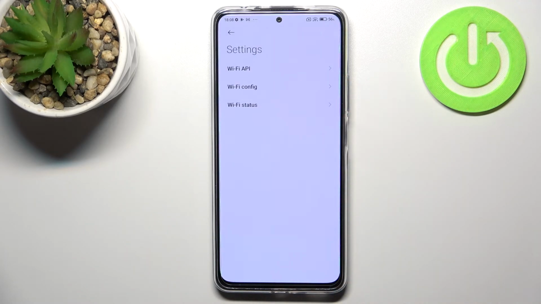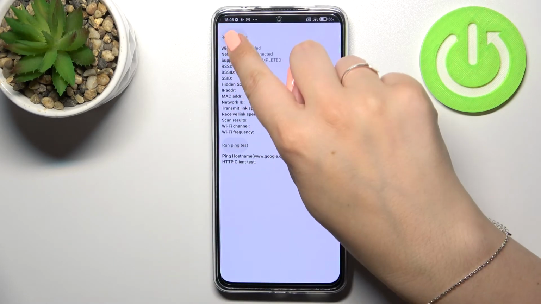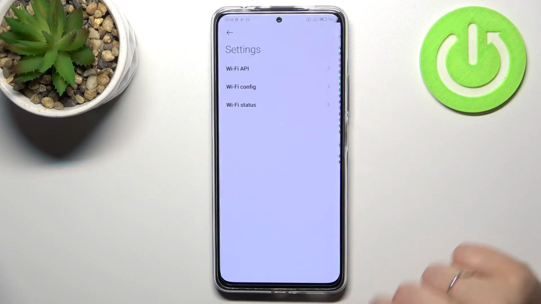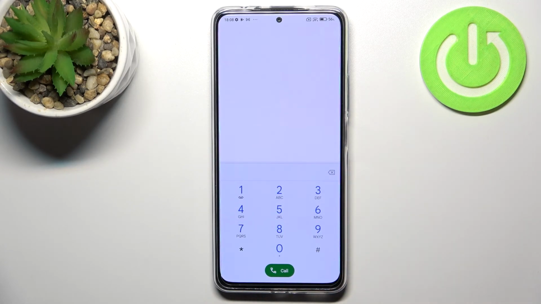So let's enter the Wi-Fi info. Here we can check the API configuration or the status of it. So let's, for example, enter the status. Let's refresh the stats, and as you can see here, we can check the network state, SSID, or network ID. What's more, we can run ping test here, and we've got the results. So let me get back, because that's all for this code, and let me show you the last one, which